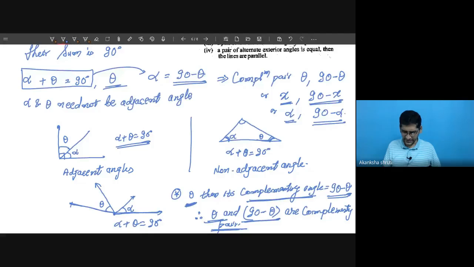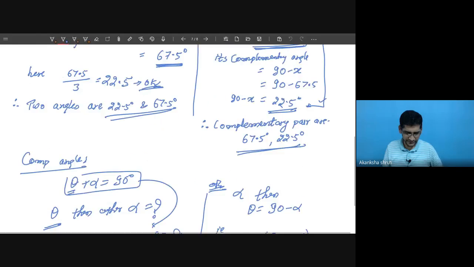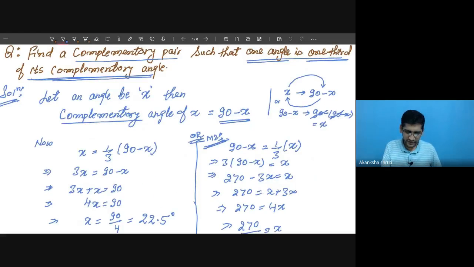So in this case, if they are complementary angles with one angle theta, its complementary angle value can be calculated by 90 minus theta. Okay. So based on this, we had solved this question where one angle was considered as 1/3 of its complementary angle. So one angle that we have considered was x. Its complementary angle value is 90 minus x. Then according to the condition,